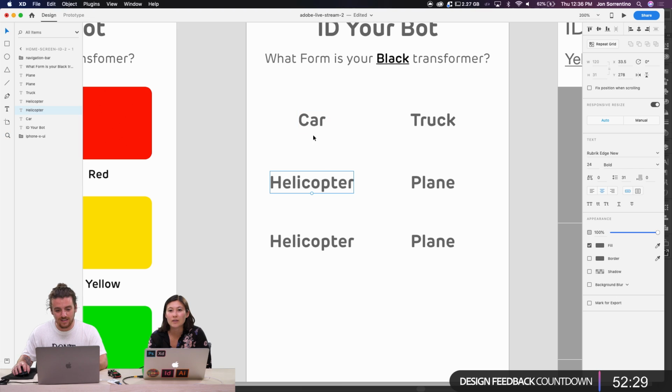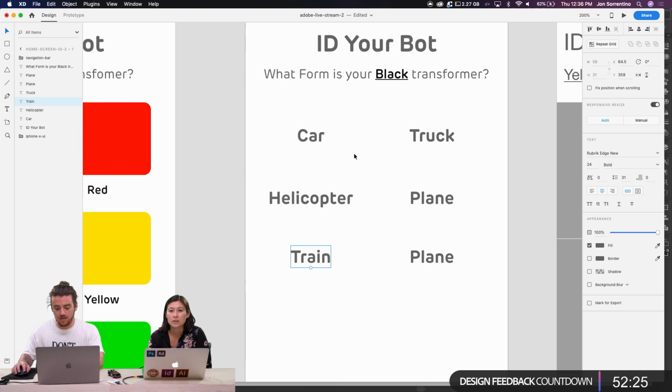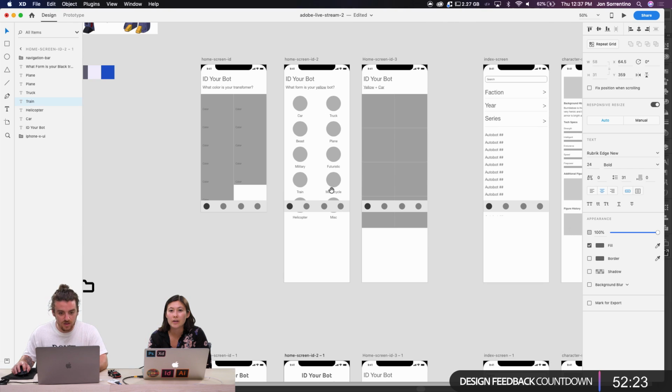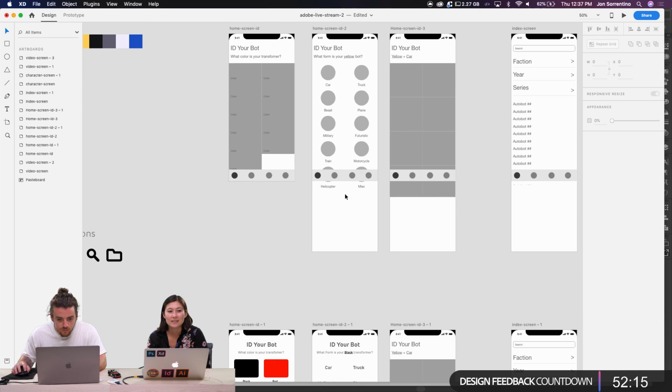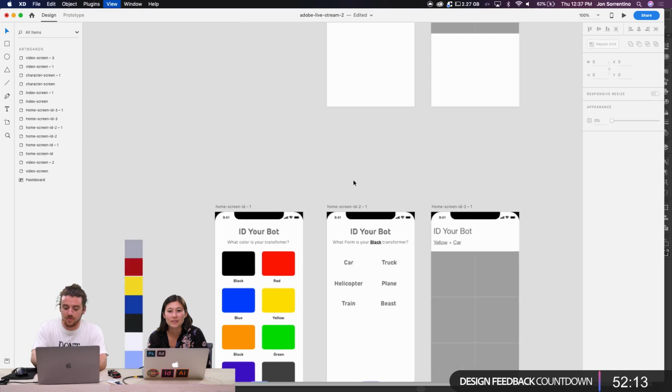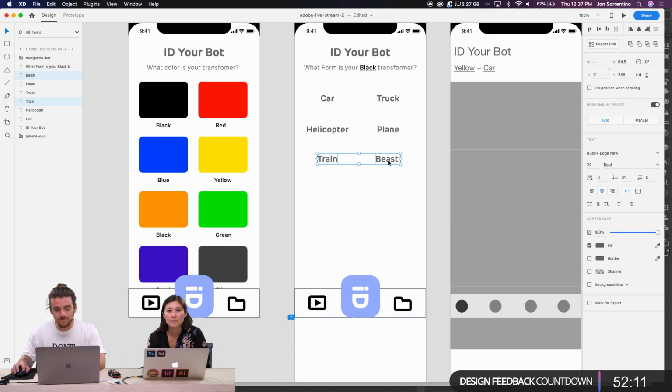Let's see, I think you had train. Yep, I had train. And because we saved them, you had a weird robot thing or something? Beast is one of them. Beast, that's right. Whoa. And then we have motorcycle. I want to put futuristic in there. I think that one would be cool. Futuristic. And then space or military was one of them.